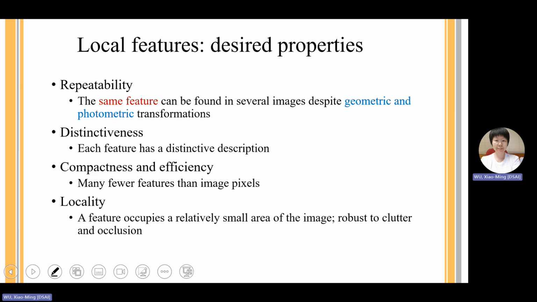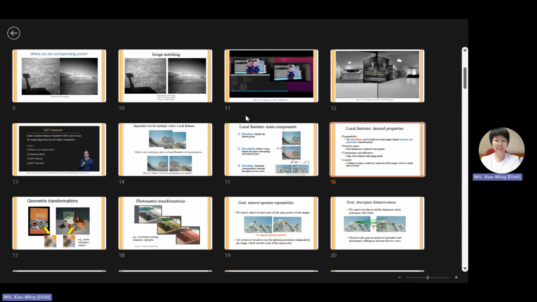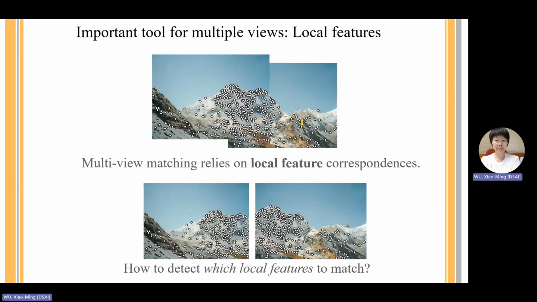So one, which is perhaps the most important one, is repeatability. What does it mean? It means the same feature can be identified